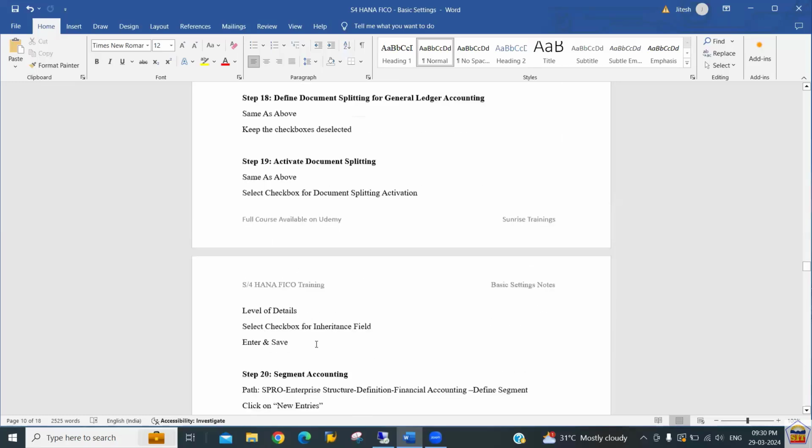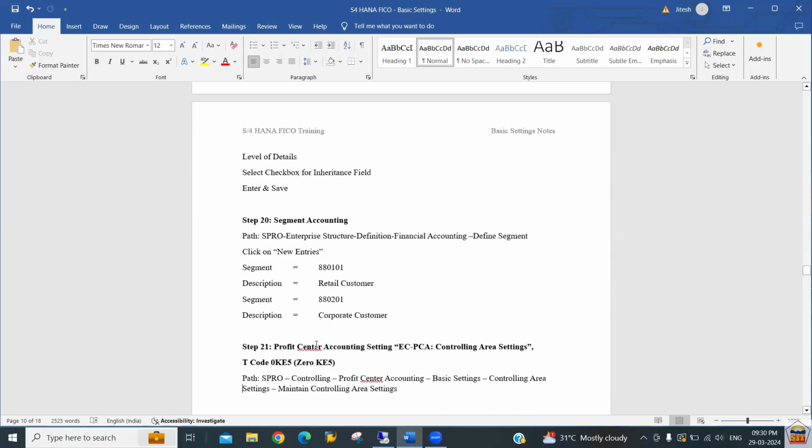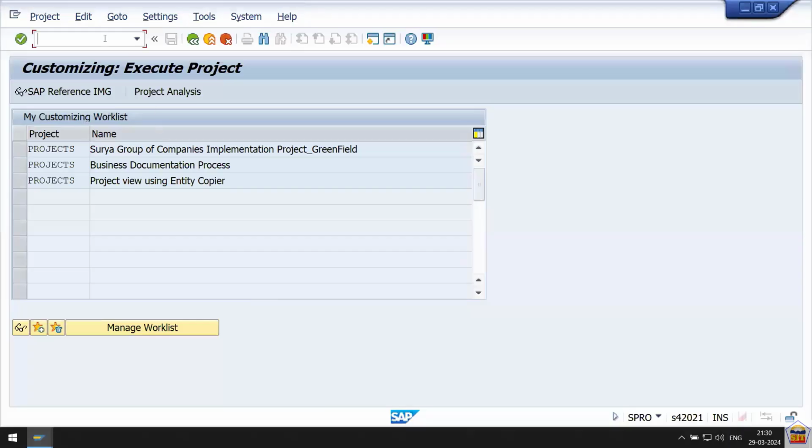Now we need to move to step number 20. We also need to create the segment, so we'll do the segment reporting. How is the segment to be created? For this, we need to go to the enterprise structure where we need to use this segment. When we create the profit center, we have an option to assign the segment. So if we want to maintain data that has both profit center and segment,